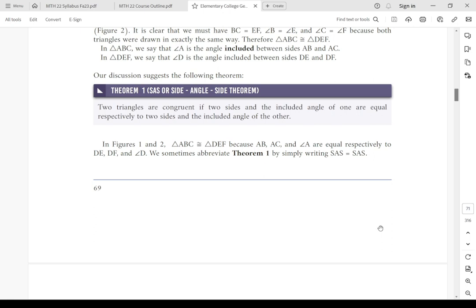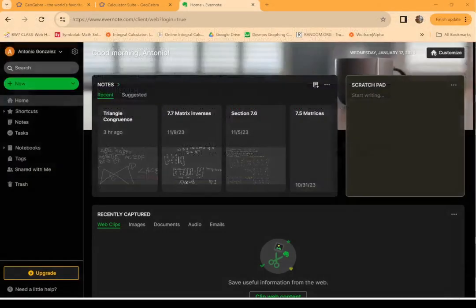First of all, let's take a look at the idea of two sides and the included angle. All right. So what this theorem is stating is,